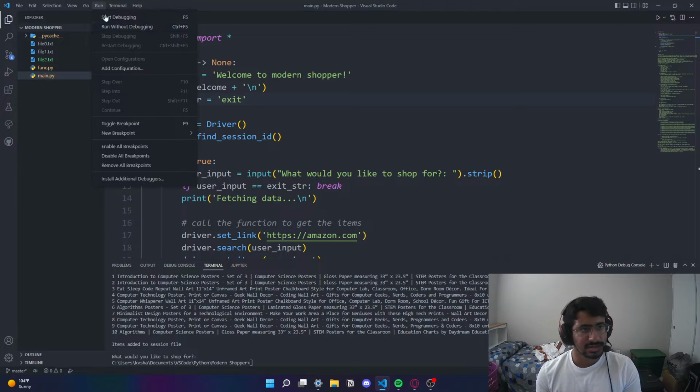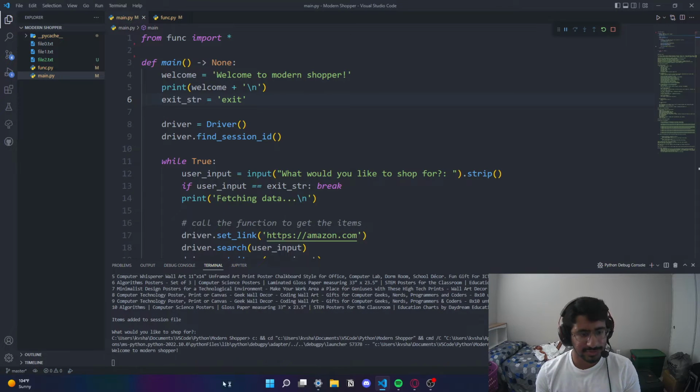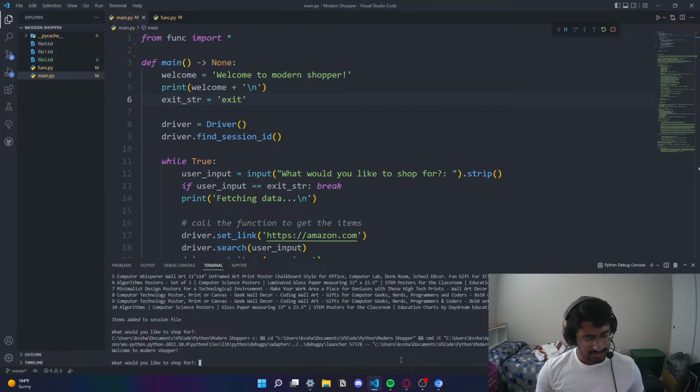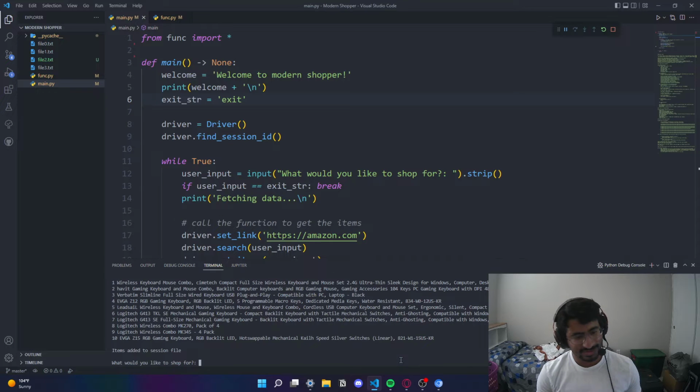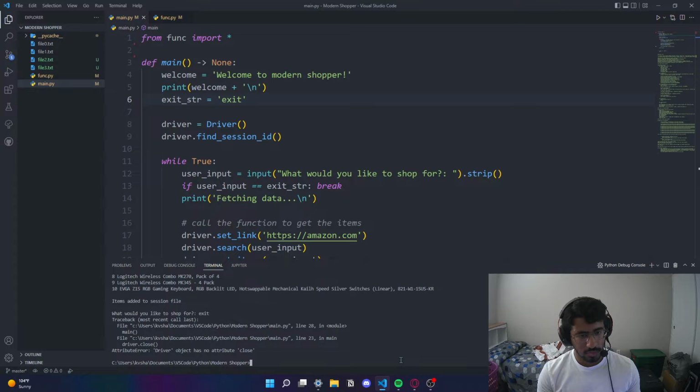So let's just test it one more time. We're just going to say, what would you like to shop for? Let's say we want a keyboard this time. Search for a keyboard, fetching the data. Let's wait patiently while the data is fetched. There we go. And if we say exit, oh,